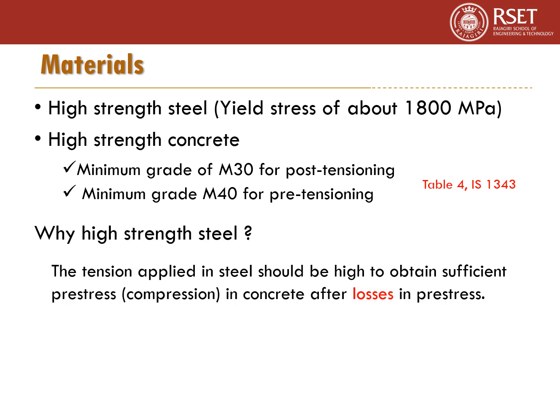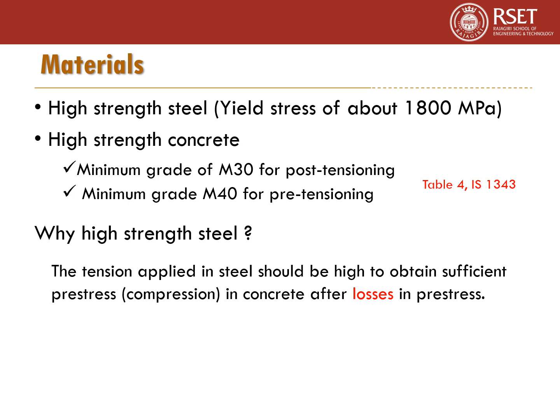Now why do we need high strength steel? The high strength steel is required to get sufficient pre-stress in concrete. If we use lower grades such as Fe415 or Fe500, then almost most of the pre-stress will be lost due to losses in pre-stress. Losses in pre-stress means some of the pre-tension will be reduced because of the losses effect, and only the remaining pre-stress will get transferred to the concrete. So if we use low strength steel, the losses itself will be significantly high and the net pre-stress available for concrete will be very less.